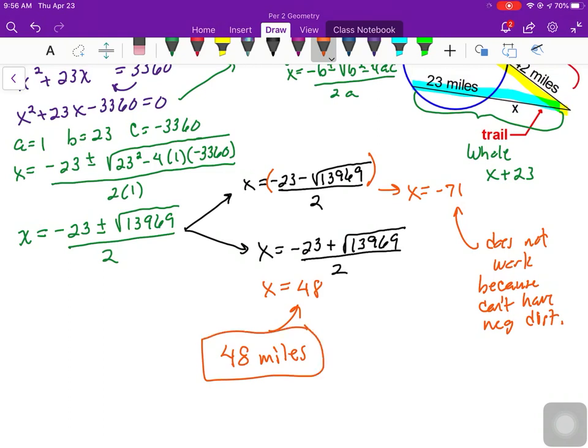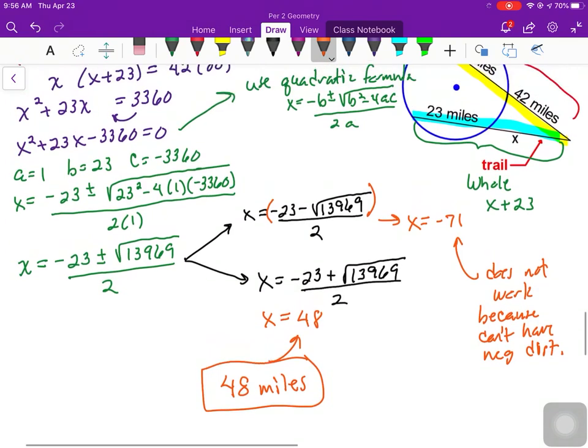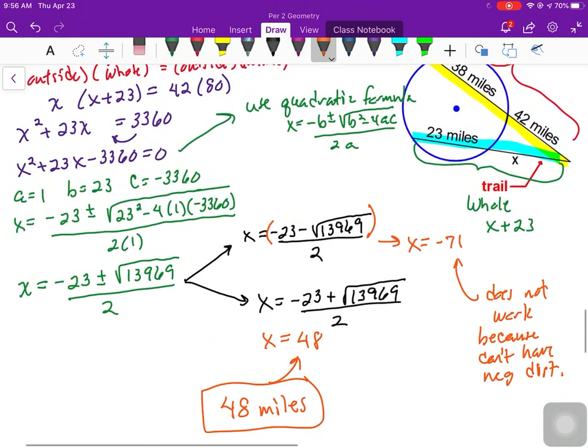And yes, you will have to know the quadratic formula, and yes, you'll have to be able to use it on quizzes and tests. Now take a look at this one. Pretty involved, quite a bit of algebra, but remember for secant segments, the pattern you have to learn and follow is outside times whole length equals outside times whole length. Good luck on the practice. Remember the help times are available, and I'll see you when you